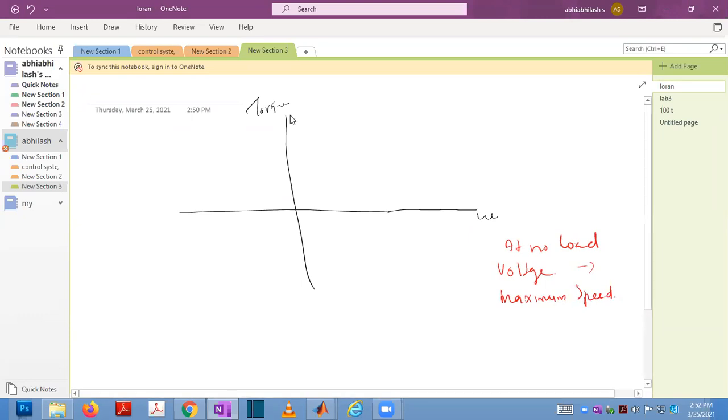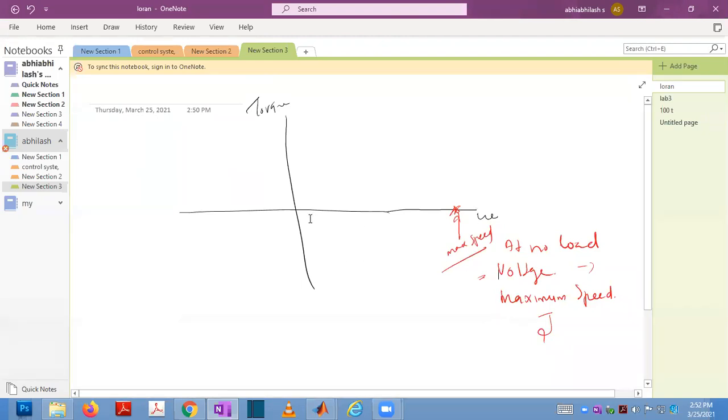and the torque used will be minimum. So torque is used only for energizing the moment of inertia. At that time, suppose the torque is 0, then you will get a point over here. This is called the maximum speed of the motor. For a particular voltage, you will get a maximum speed.